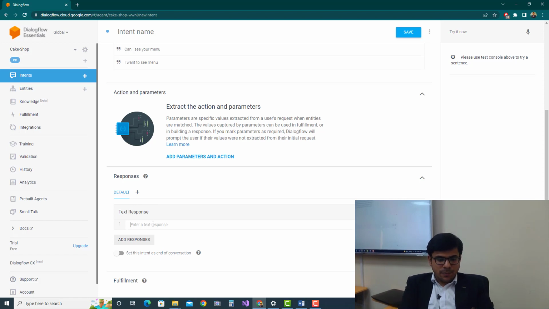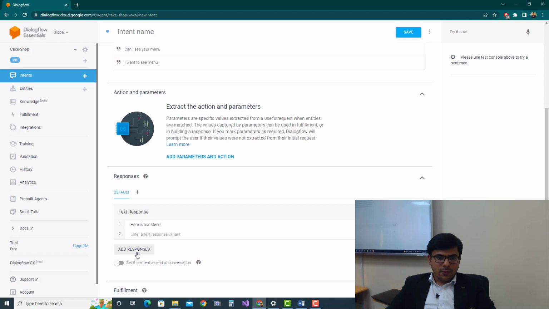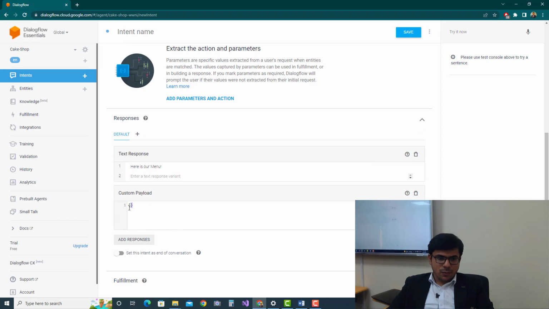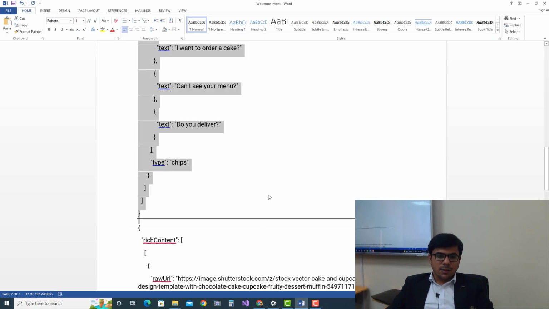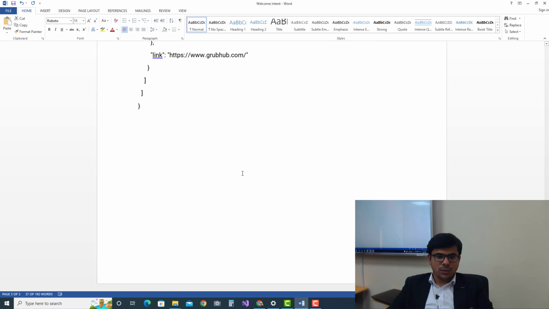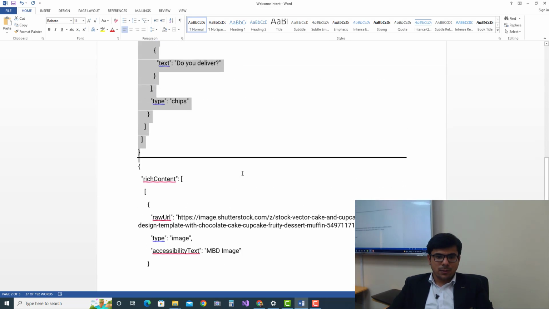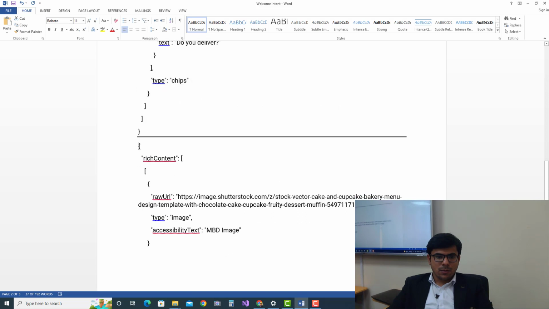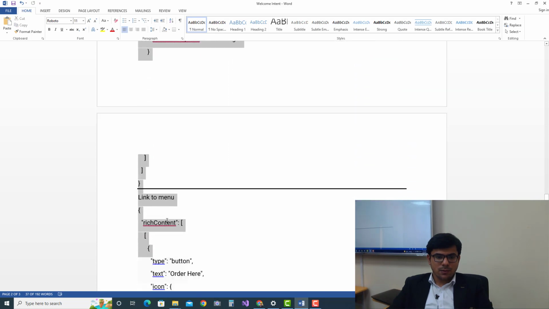You can write here, this is our menu, and then we can add the custom payload, or we can add the image as well. If you want to send an image file to your customers, you can just write the custom code as well. For that you can use this code. If I go to this and just copy this one,